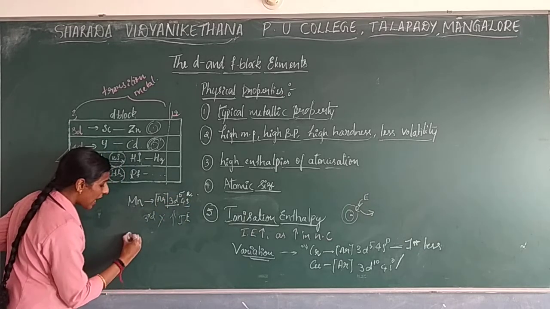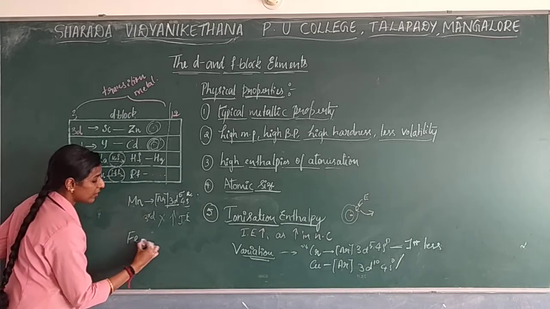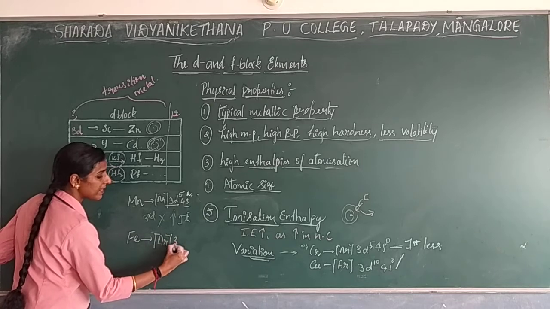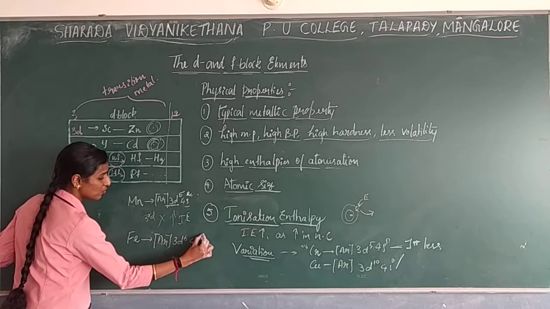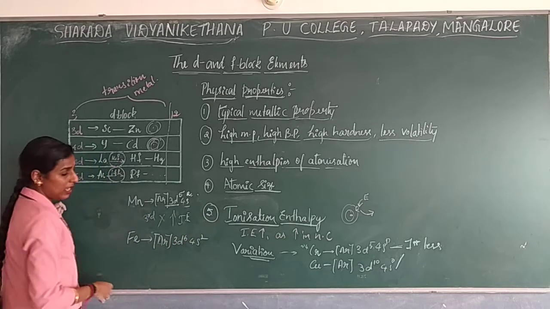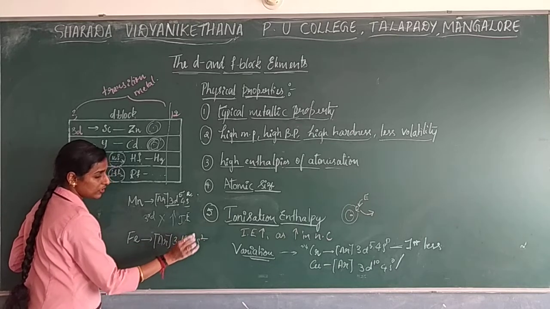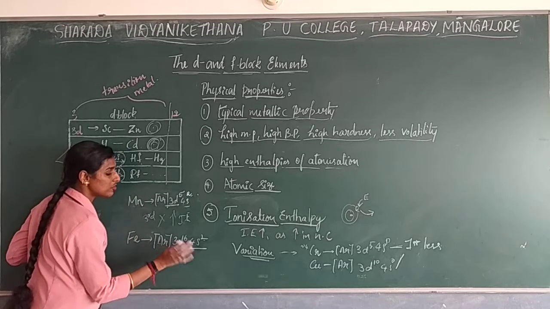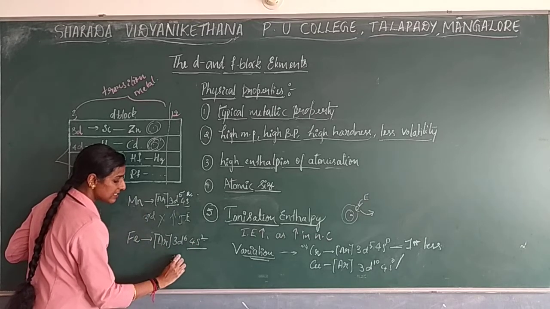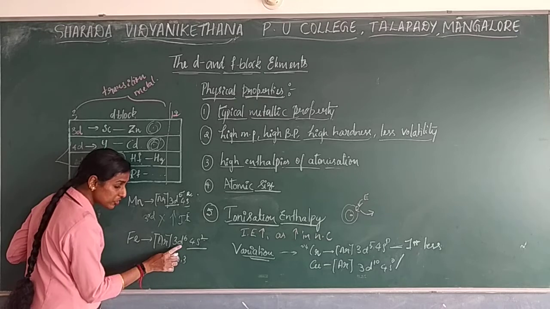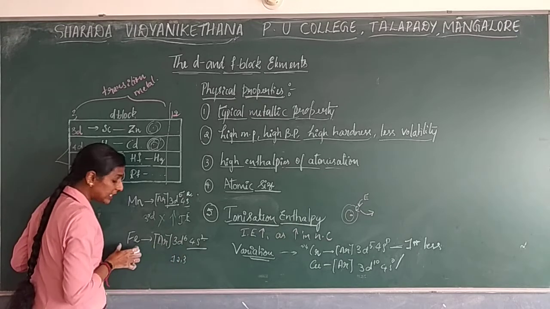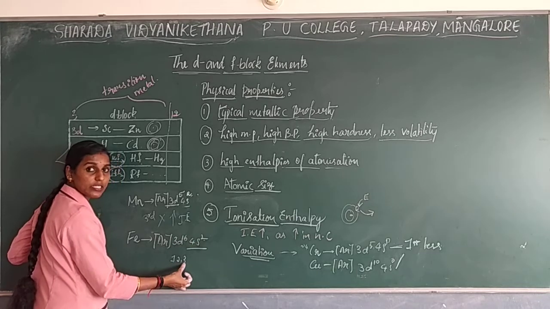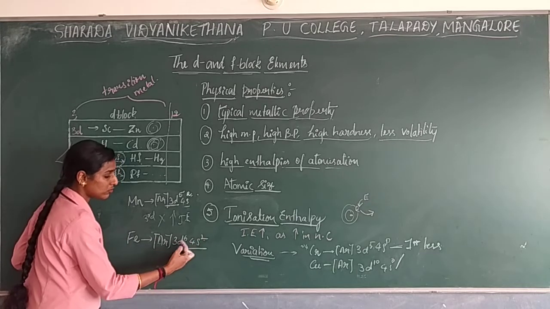Next, if we go with iron, it is the same thing. Here electron filling takes place as 3d6 4s2. So the first as well as second ionization is okay with this. Even if you give less energy it is fine. The first, second, as well as third ionization enthalpy are also fine with iron. Why? Because in the third ionization enthalpy, you are going to remove 3 electrons: 2 electrons plus 1 electron.